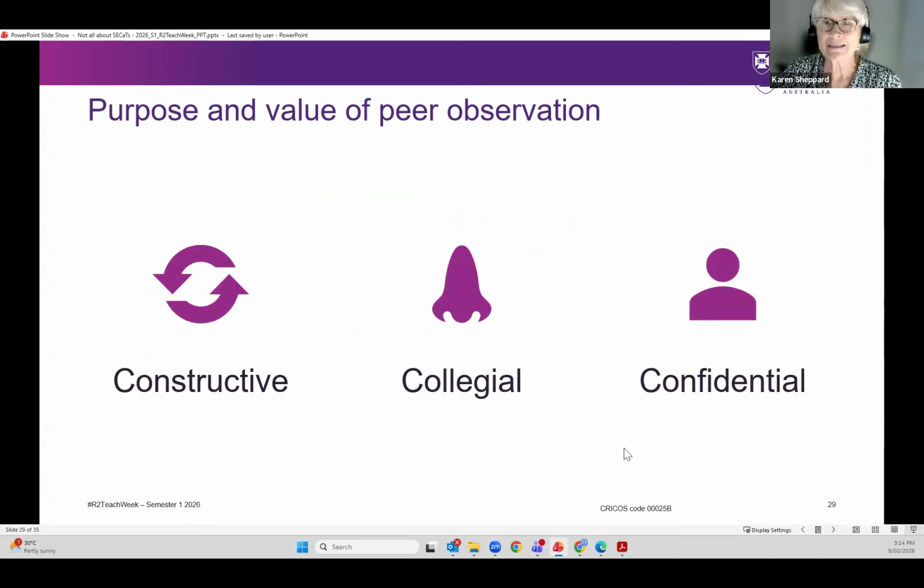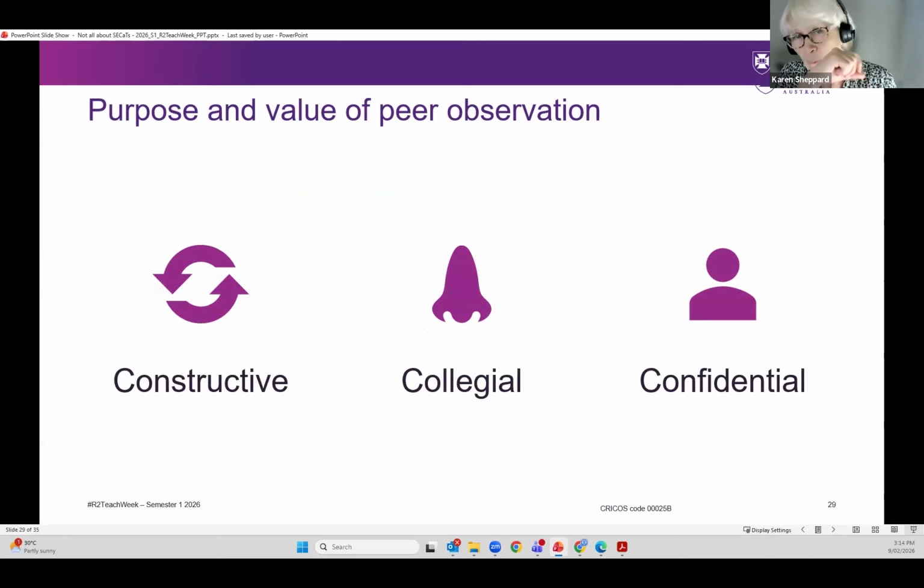I guess what we would look at, and the question you called peer review, Rob, but we would like to pitch it as more peer observation, a process that belongs to the academic and that is constructive, collegial, and in fact confidential, as you pointed out.